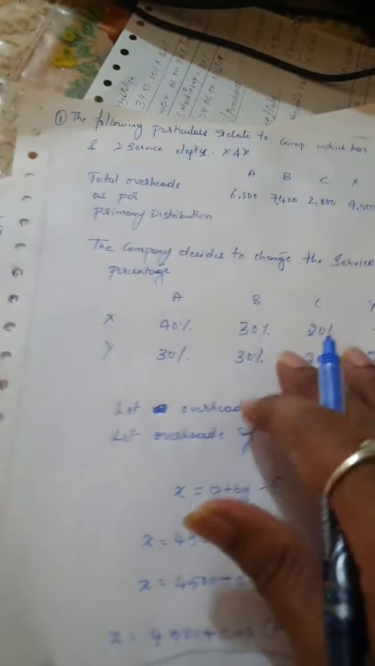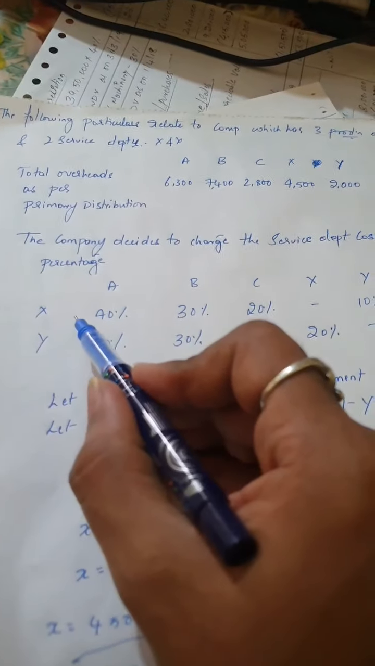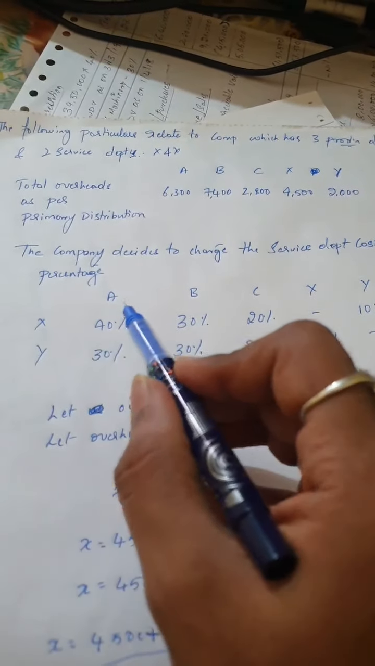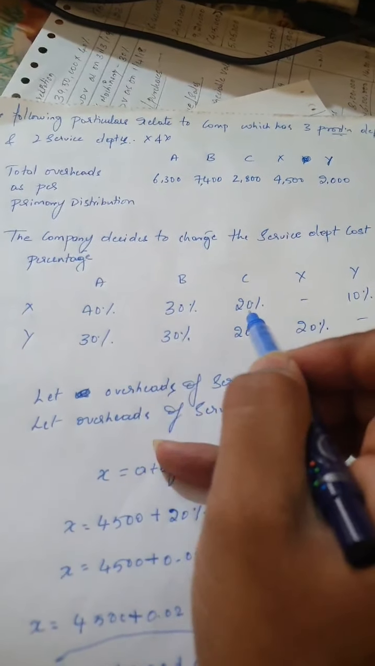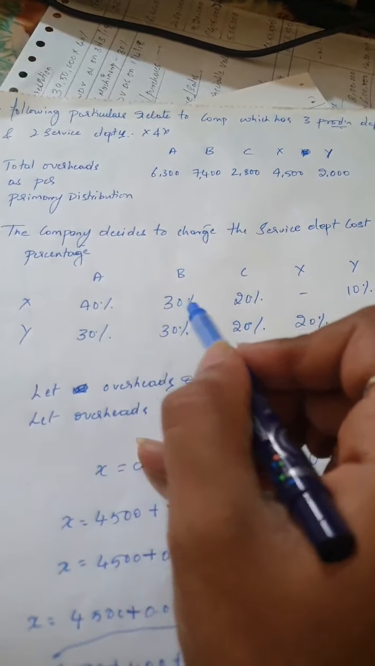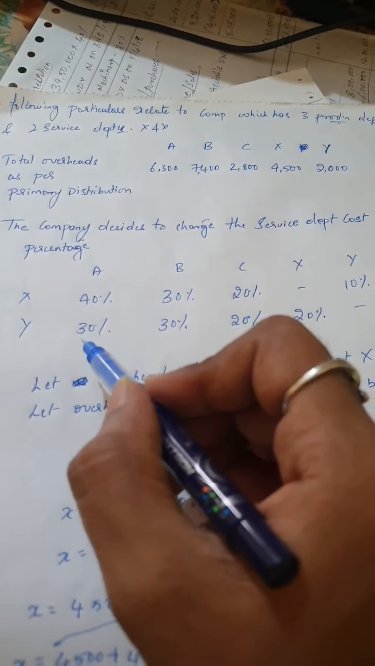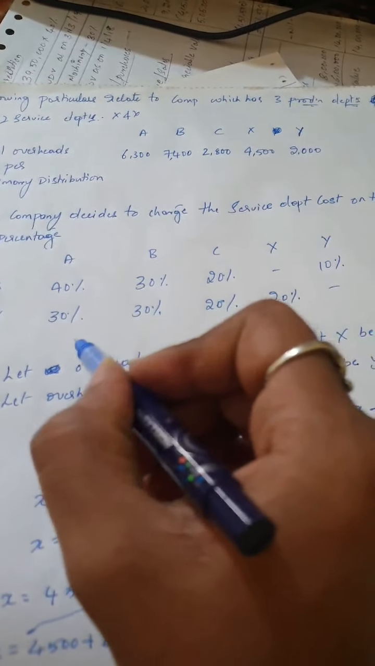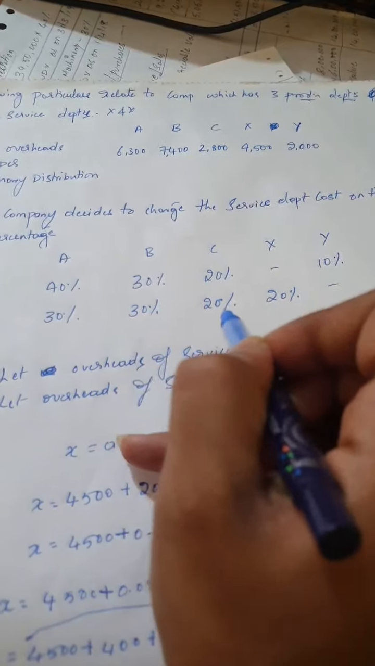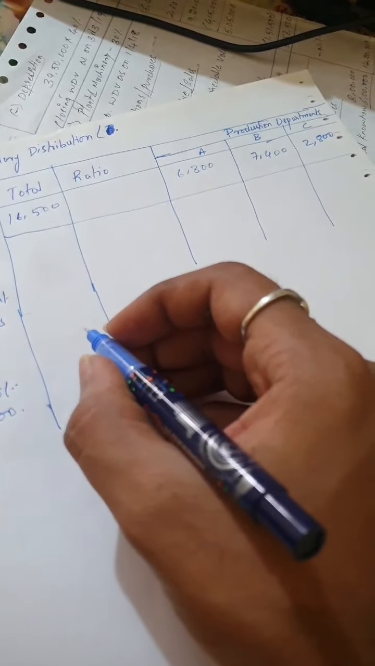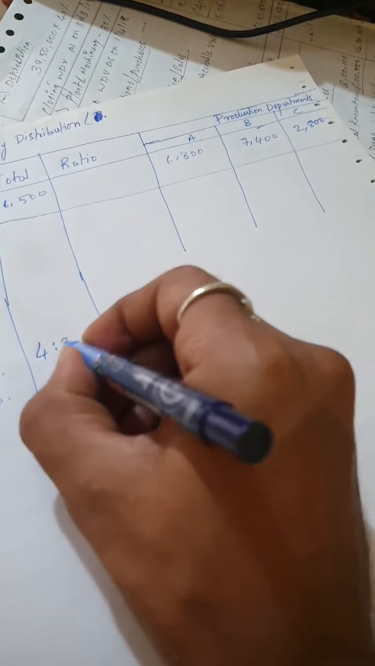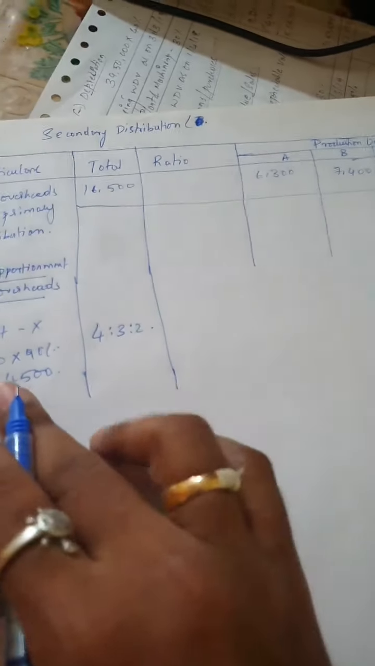in the question. Now look, when we have to allocate from service department X, we have to allocate to department A, B and C. So what is the percentage they have given? 40 is to 30 is to 20. So if you simplify, the ratio will become 4 is to 3 is to 2. Similarly for service department Y, it will be 30, 30, 20. So if you simplify, it will become 3 is to 3 is to 2. Now for department X, the ratio will be 4 is to 3 is to 2. So in this ratio you have to allocate this